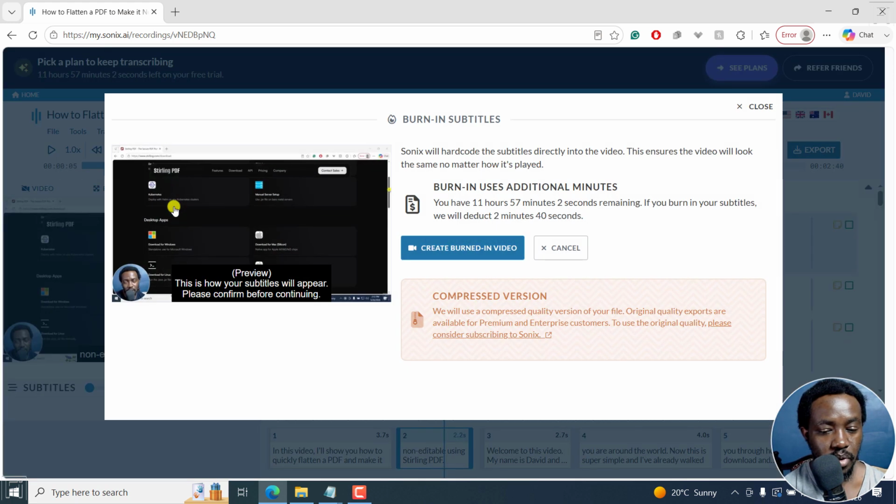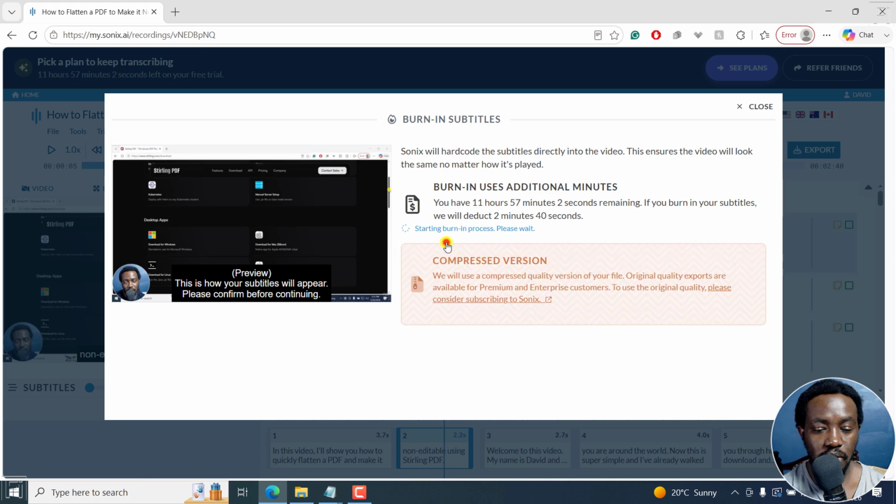Come here, burn in, and you can see Sonix will hardcode subtitles directly into the video. This ensures the video looks the same no matter how it's played. And you can see you have 11 hours. If you burn in videos, we will deduct 2 minutes 40 seconds. I'll just click on create burned in video,